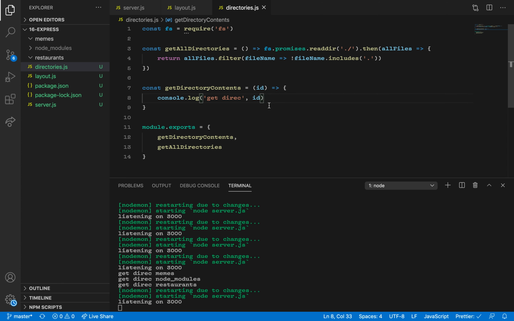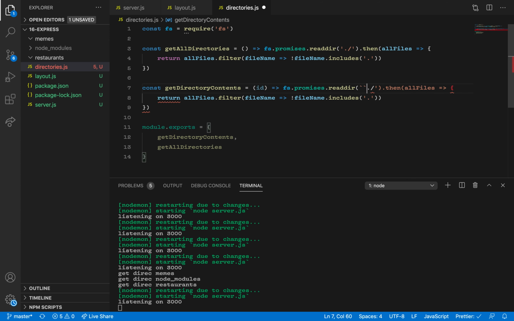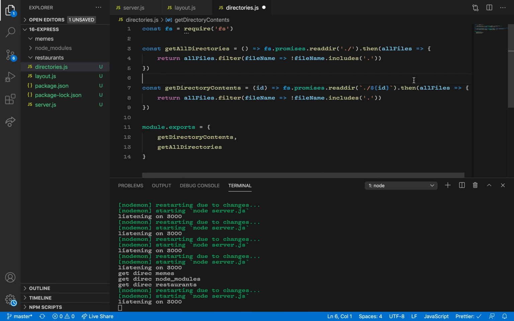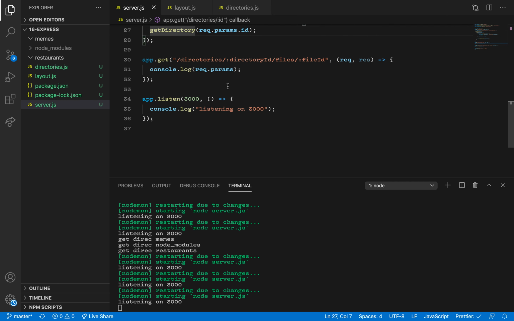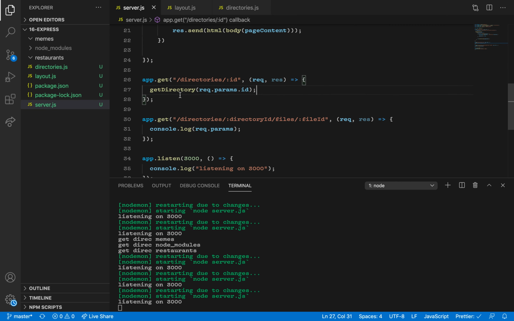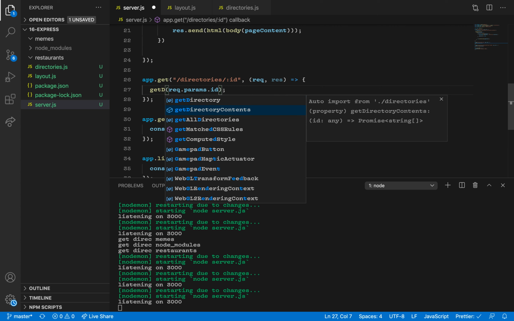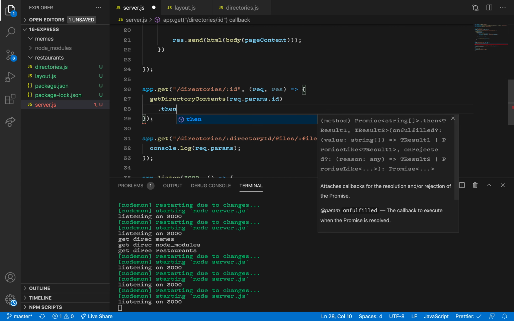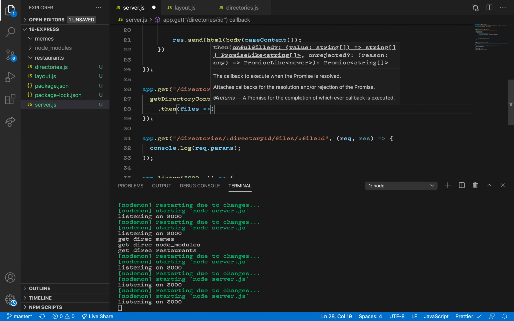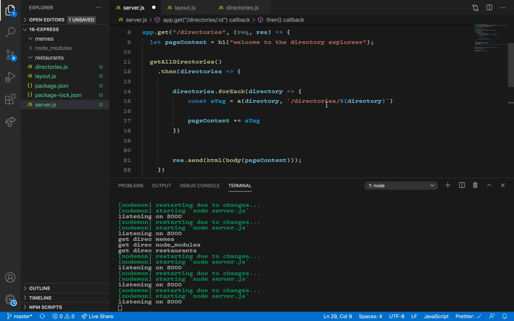So we're going to have ID, and it's going to be /ID, then all files, and this time let's just keep all files. So get directory contents, passing the ID, then files, and